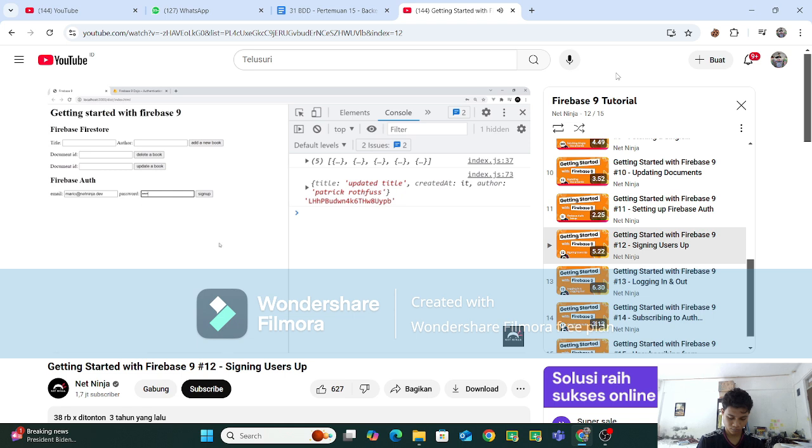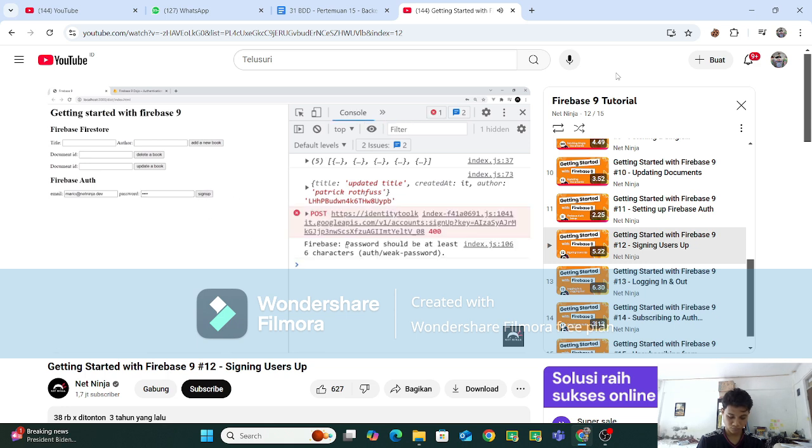Now when we're signing up with Firebase Auth, the password has to be at least 6 characters long, so we should get an error back and it should be logged to the console. So if I try to sign up, we can see the password should be at least 6 characters. Now if you wanted, you could take this error and output it to the browser so the user knows that. What I'm going to do is just add on 1, 2, 3, 4, 5 here, and then sign